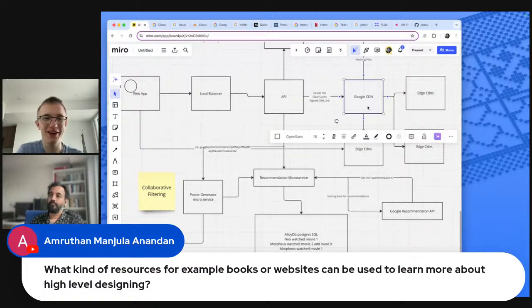Also, I just want to clarify that you don't have to feel like you have to build a system after watching this. As Faisal said, it's just a high level overview to familiarize you with the concepts. Then you can go on your own and research new things we learned today, like edge CDNs and collaborative filtering, and build some toy projects. After you do this multiple times with different examples, you'll get more and more familiar and acquire that skill set. And this is essentially what this series is all about as well.